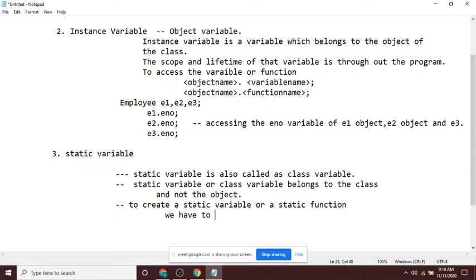We have to use the keyword static. Now, as I told you, the static variable or class variable is shared between all the objects.